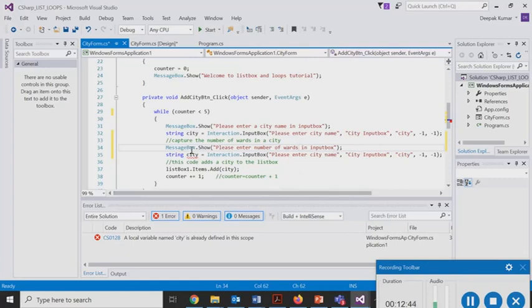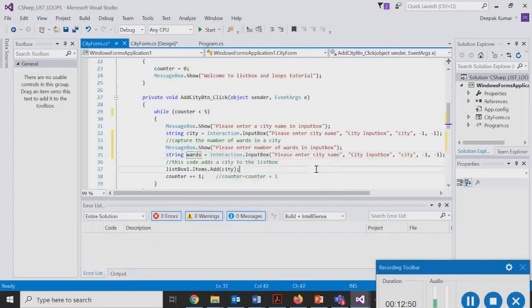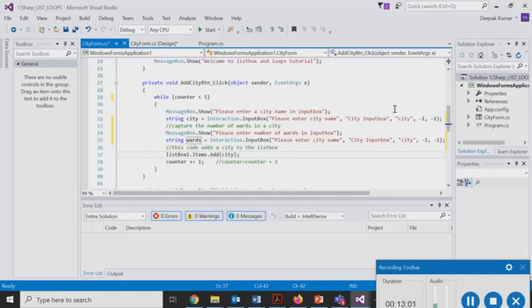Now the variable that we will be using here is wards, and obviously we will be using it further. So we have string type wards. Basically the variable wards should actually be considered as an integer, because the number is going to be a countable number.